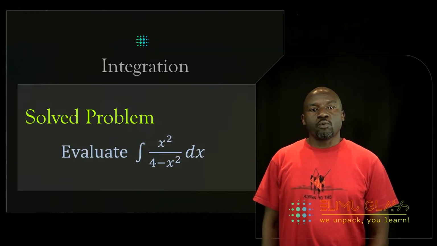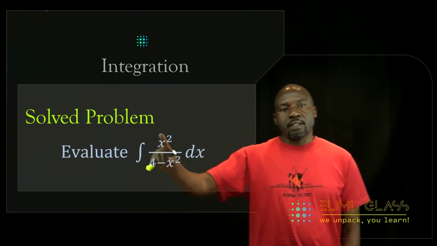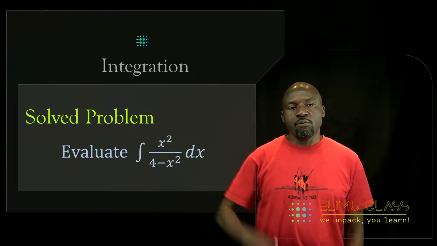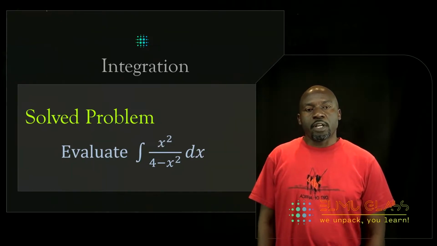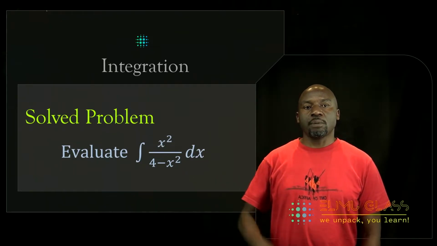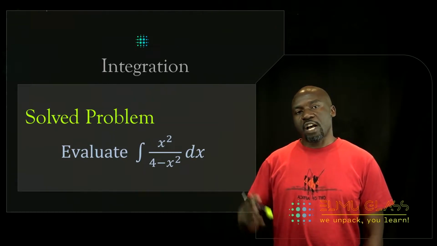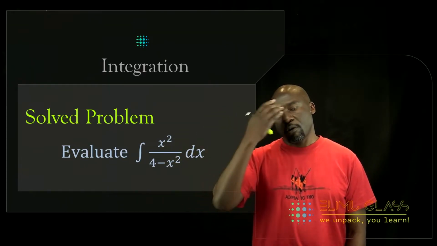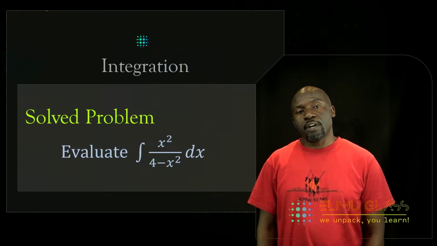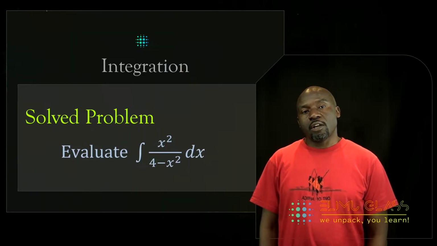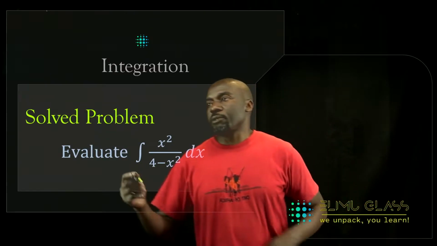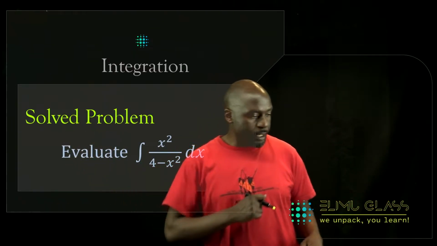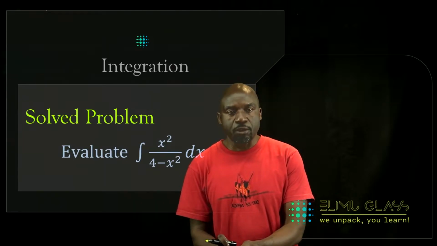So to solve this, we need to divide. Since the order of the numerator and denominator are the same, what we can do is to divide. We cannot use substitution here because we don't have a function and its derivative. All right. So the best thing to do is to first use long division to divide the numerator with the denominator. So let's just move on to a new page. So that means I can write